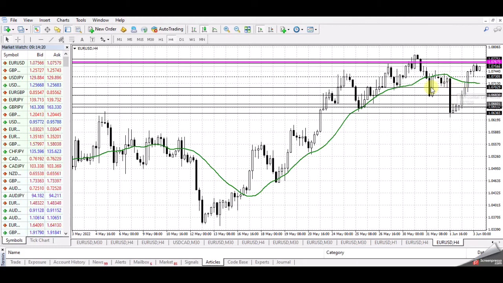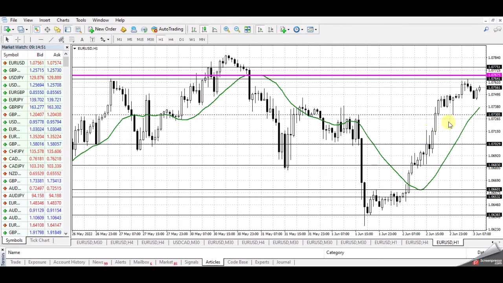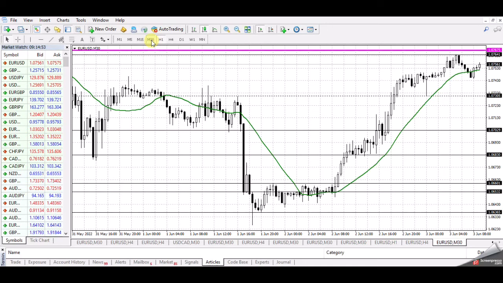Okay, only below the 21 period moving average, the price has a negative trend. Okay, so this morning the price is above the 21 period moving average on every chart time frame, also hourly. Okay,